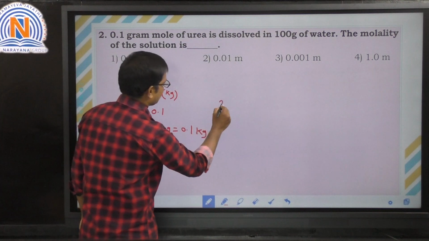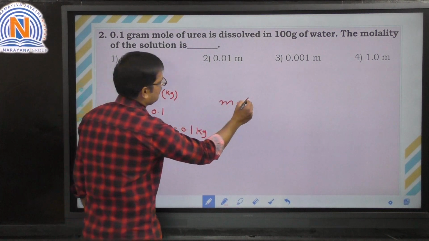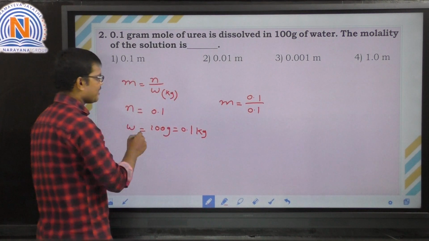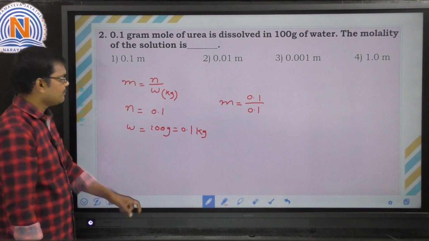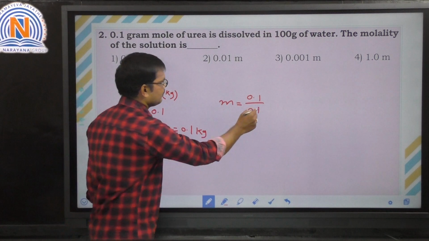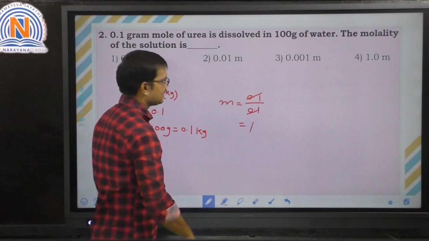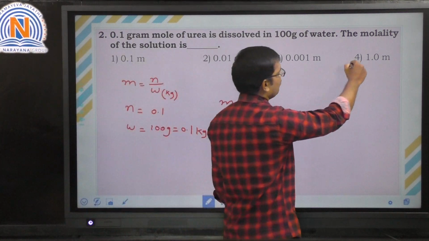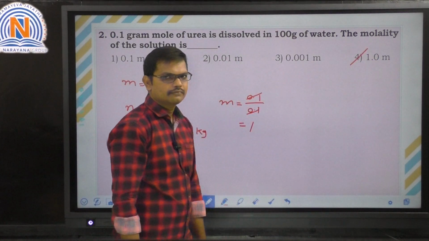So molality equal to 0.1 by 0.1. The number of moles is 0.1, and the weight of the solvent is also 0.1. After cancellation, molality equal to 1. Option 4. Next,